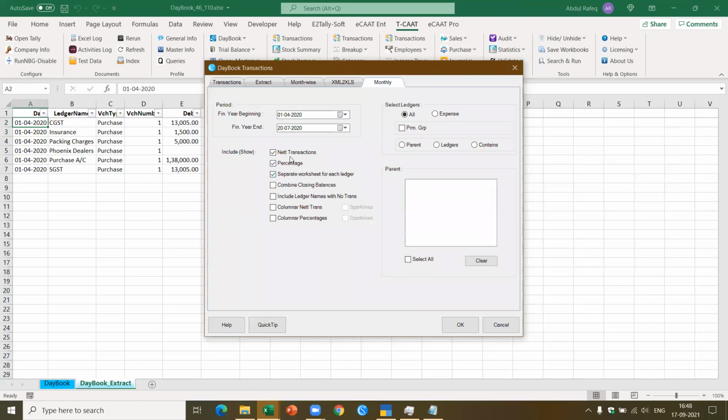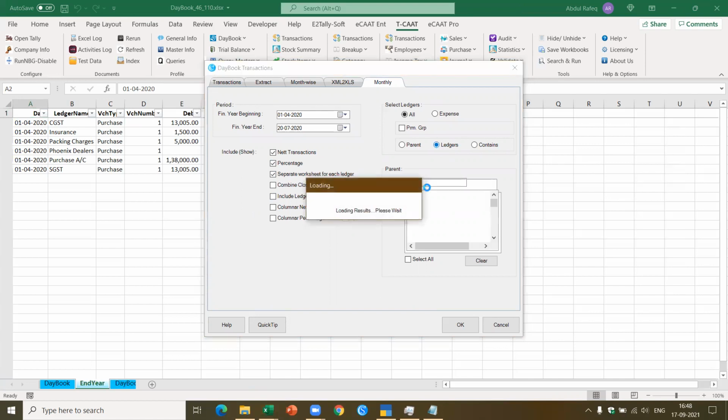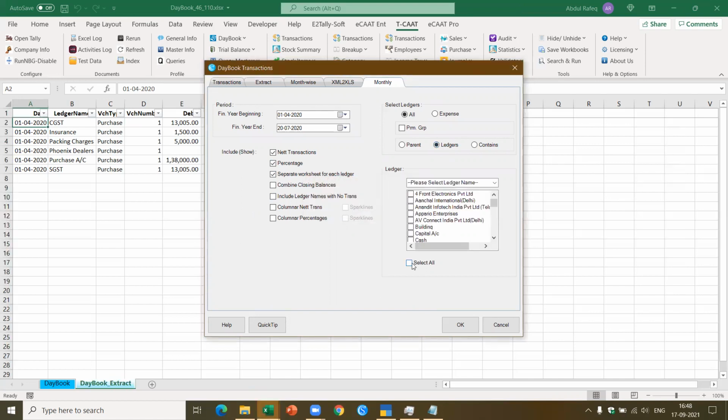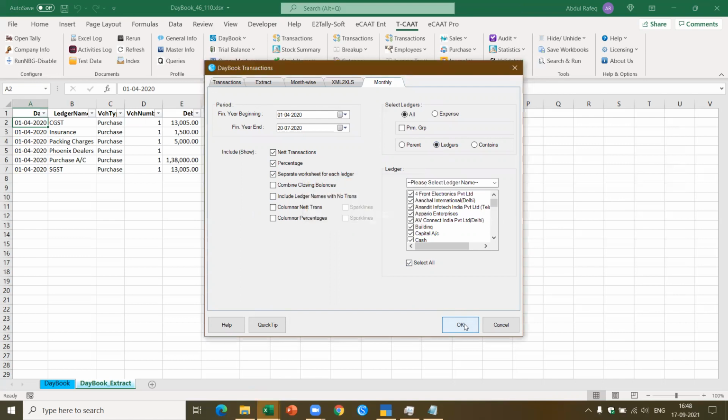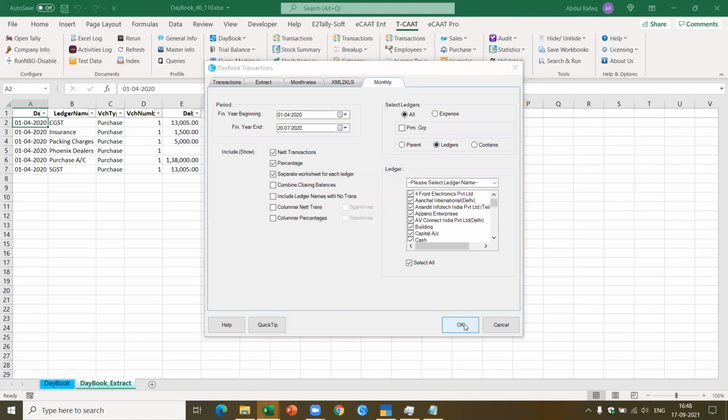I'm just going to pick up this information. Let's say I'm going to pick up ledgers, and I'm going to pick all the ledgers. And let's see what happens here. How do I get this information? Now I'm going to query each of the ledgers one by one, pick up all the transactions, and this information is going to be the monthly summary for each of the ledgers. And this will be very, very useful for you for the purpose of audit analysis.